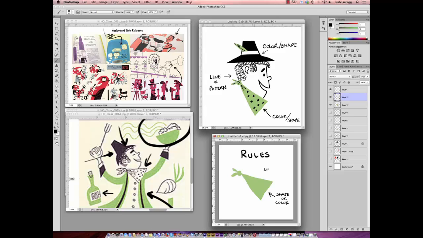You can use line work on top of it, but you want to make sure that you basically only use line work in the interior, in the middle, inside the shape, like I did the polka dots. The reason for that is because the shape itself doesn't need any line work. The shape should define what that item is, or the combination of the shape and the interior line work should